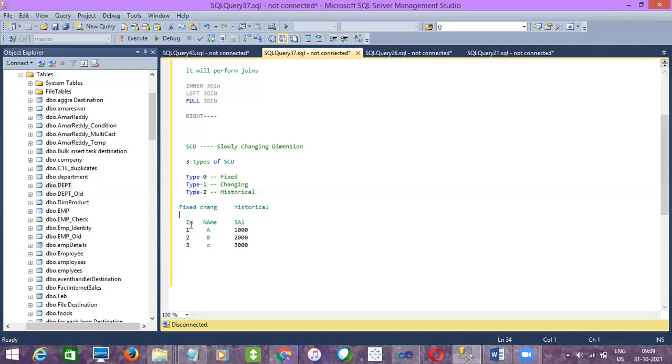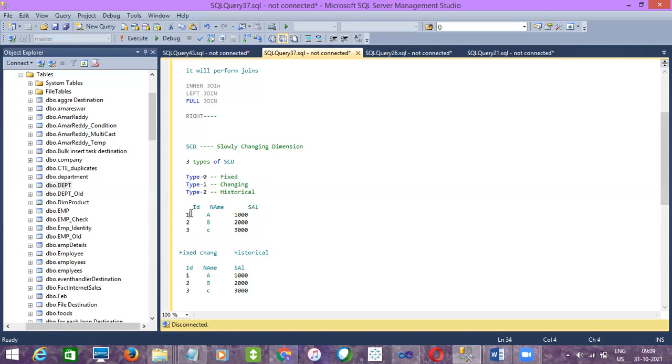Like a lookup, SCD also will try to look up data with source and then destination. Let's assume this is my source table from where I'm getting the data.